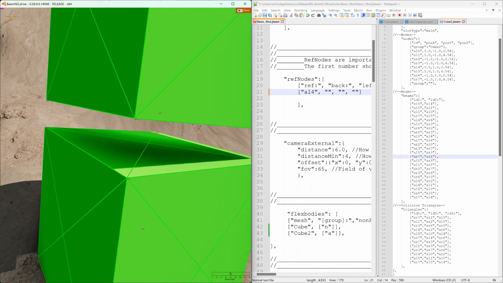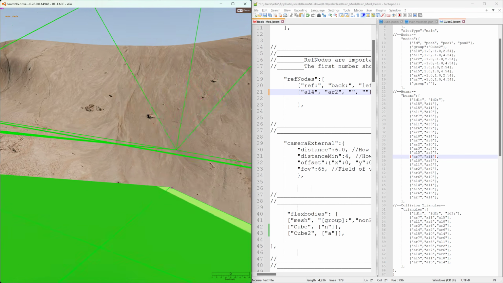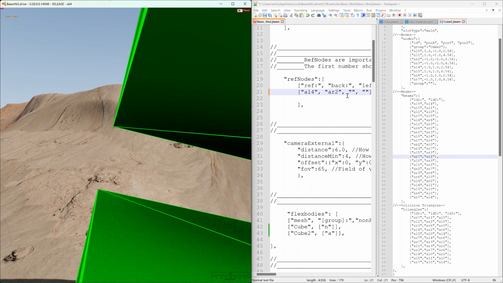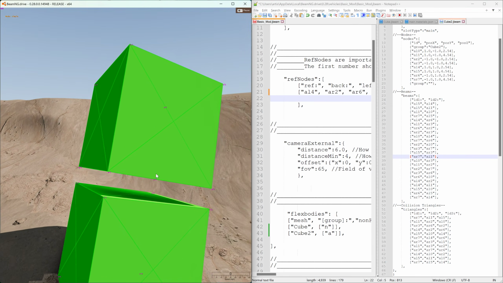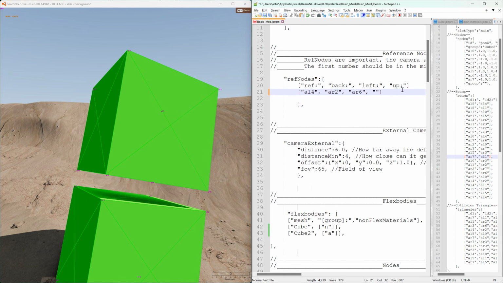So what's going to be behind that is going to be AR2. And what's to the left of AL4 is actually AR6. I know you can't see that. I can barely see it myself. And what's above AL4 is AL5. That tells the camera what's up, down, back, and left. So now when you save that and Control R, hit the home key,